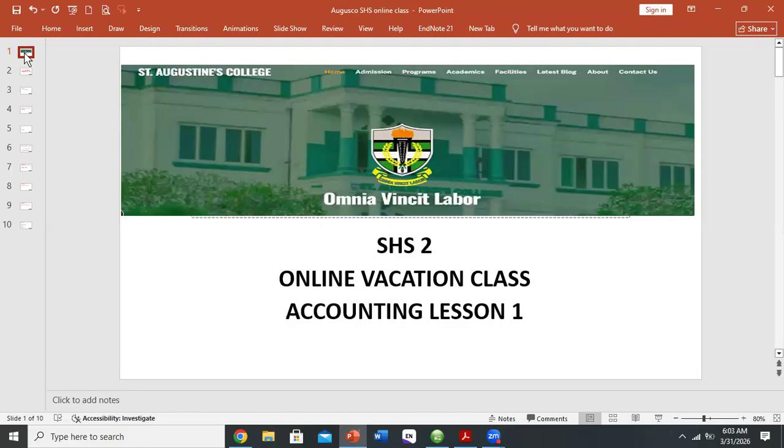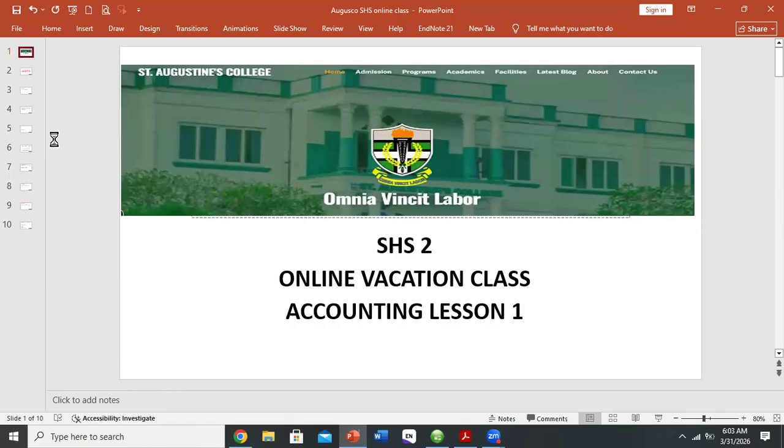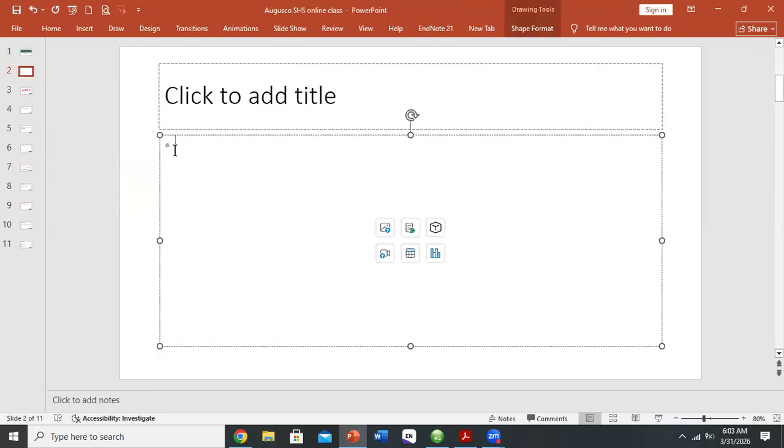And so you remember we mentioned them. The first one was the trading account. The second one was the profit and loss account. And the third one was the balance sheet. And I remember we discussed extensively what each of them is used for, or the purpose for preparing each of them. But just as a reminder, we indicated that the trading account is prepared to determine gross profit or gross loss,